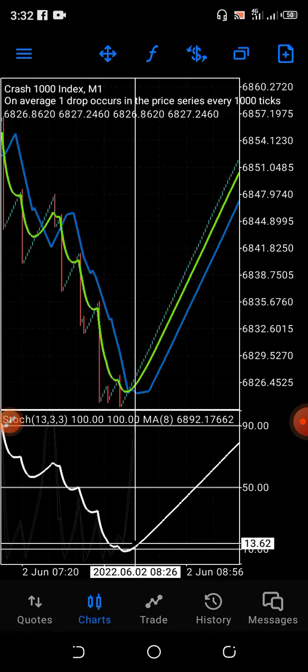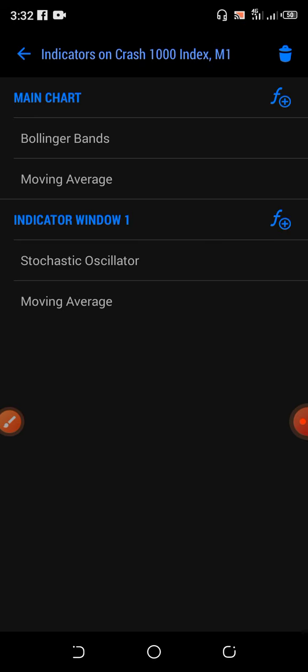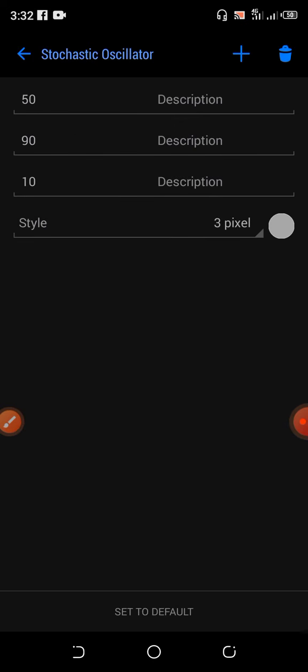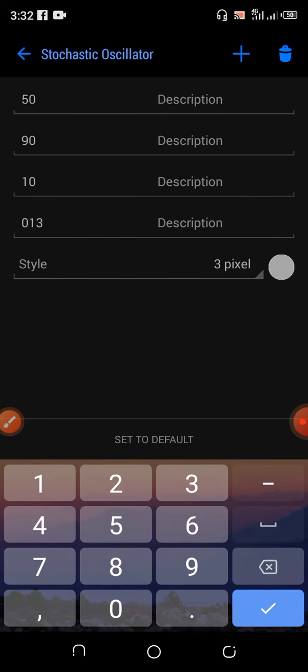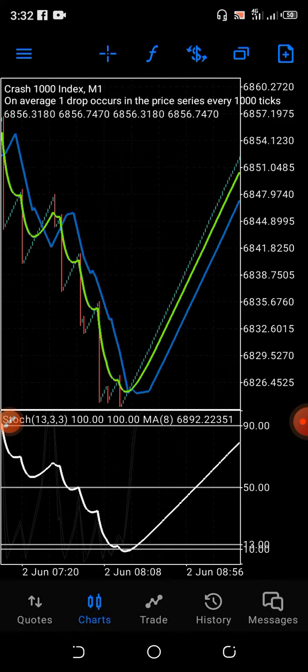Once this thing is coming out from 10 levels, which means it's on 13 or 12, watch the number 13. Once the number is on 13, some people don't know how this thing works. So once this thing is on 13, to help yourself, you can also do it in a lively way by adding your moving average. You can also add your levels. You can also add 13 to be sure, peradventure you are not good at it. So do you see that?